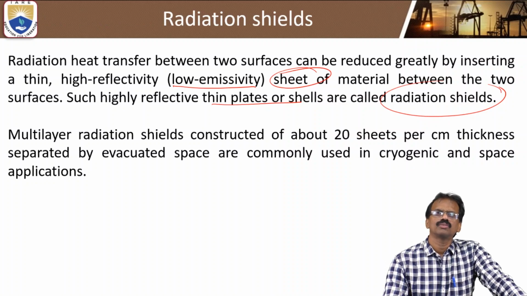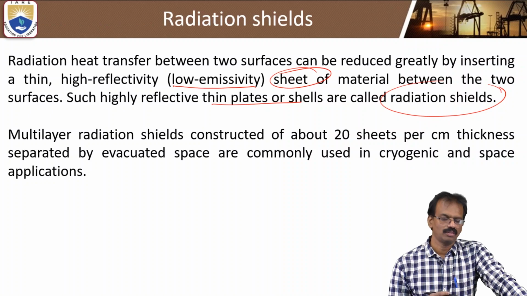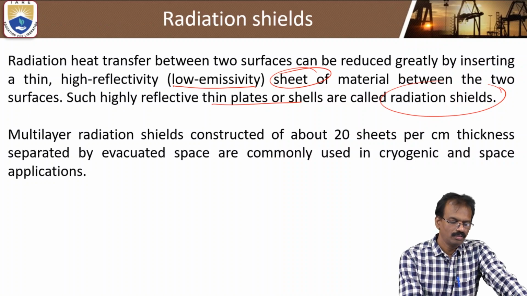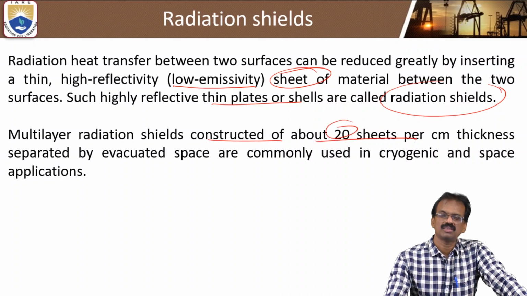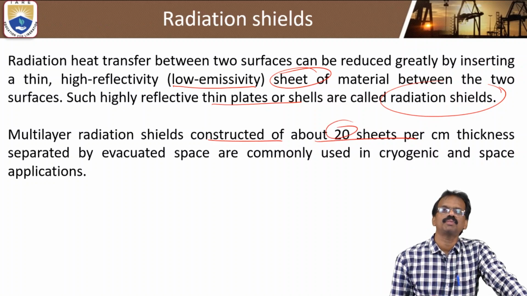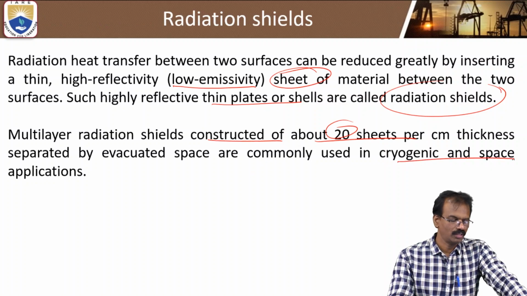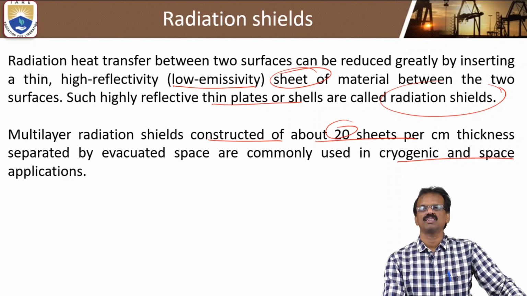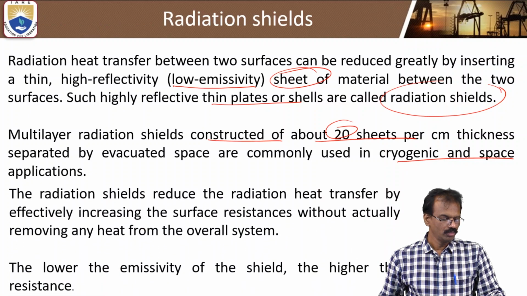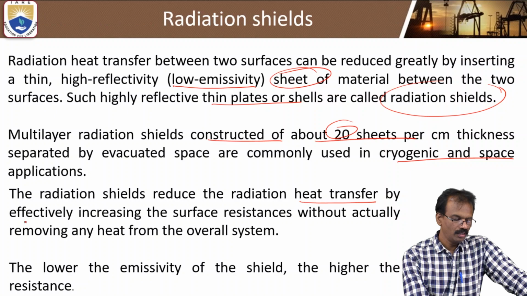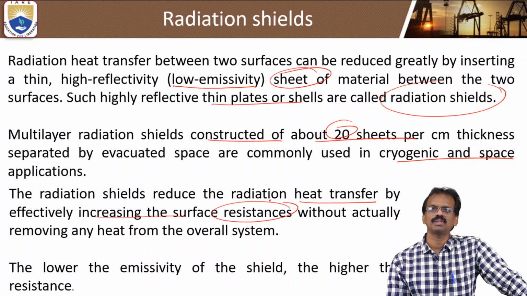Multi-layer radiation shields also can be placed between the two surfaces. Multi-layer radiation shields constructed of about 20 sheets per thickness, separated by evacuated space, are commonly used in cryogenic and space applications. That is one of the applications of shields. So the radiation shield finally reduces the heat transfer by effectively increasing the surface resistance. By increasing the surface resistance, automatically heat transfer will be